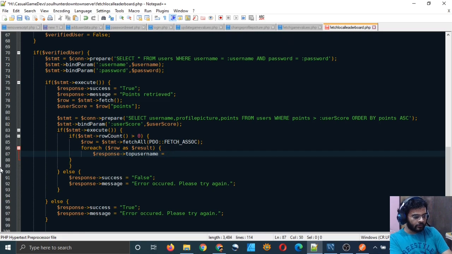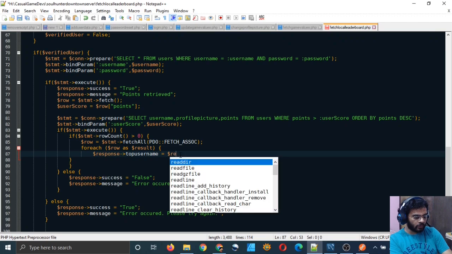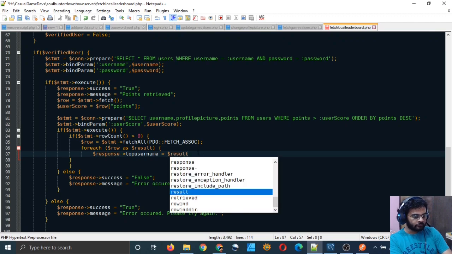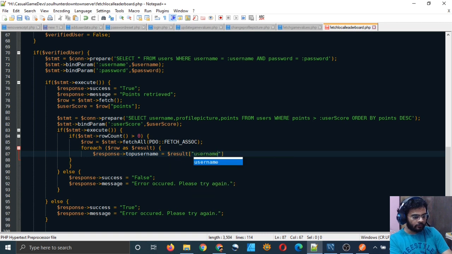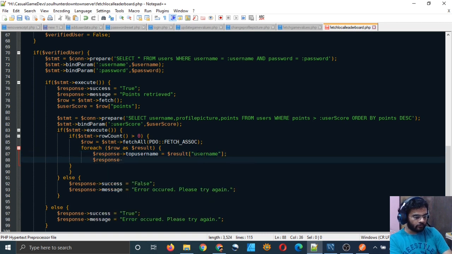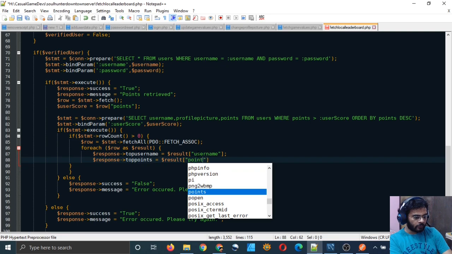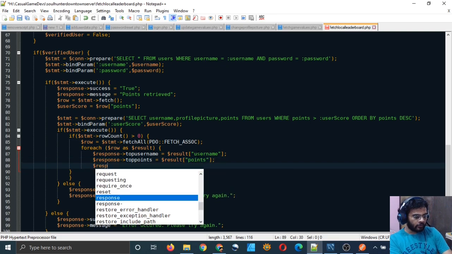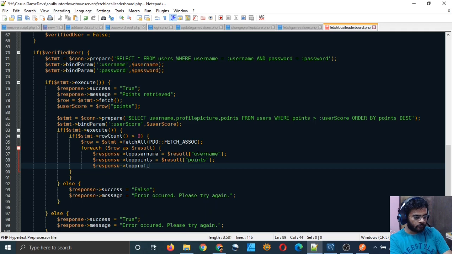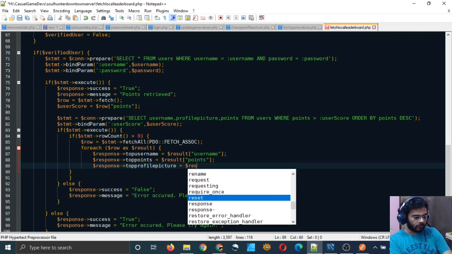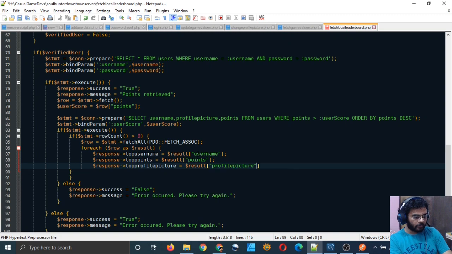Okay, I think we should do it in descending order so that the maximum score is at the top. Top username, dollar row, dollar result, username. Dollar response, top points, dollar result, points. Dollar response, top profile picture is equal to dollar result, profile picture.